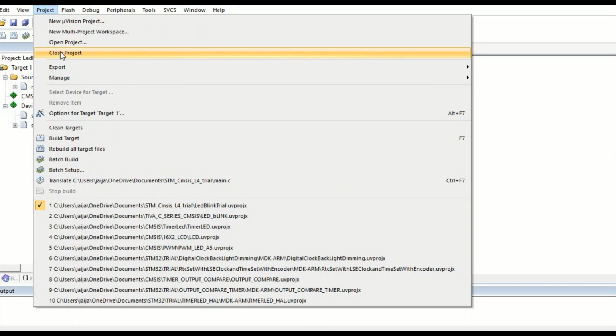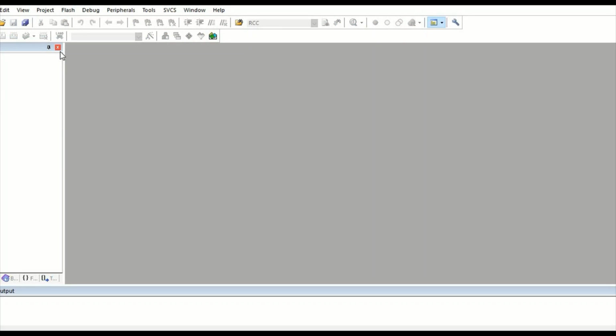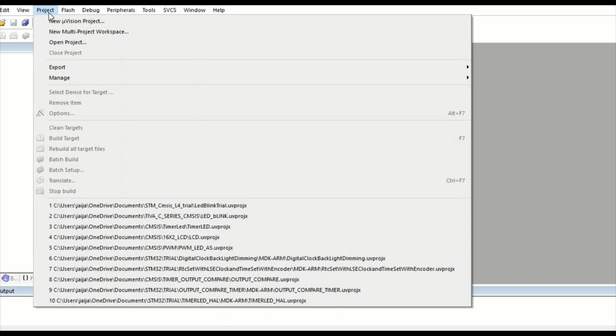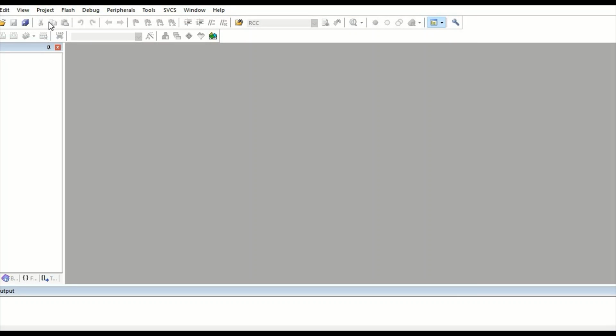So let's close the project. After opening Keil Microvision 5, we need to go to Project and then New Microvision Project.